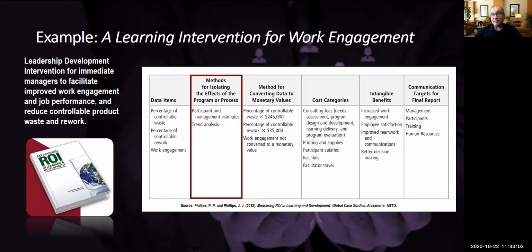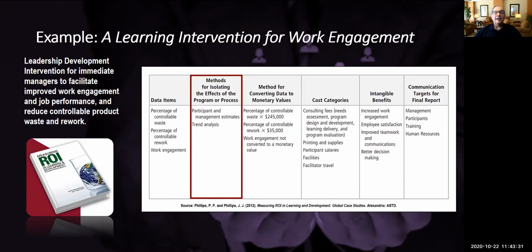Since we're in a class, in a course for this, I'm going to ask you, if you use estimates, to please put those words on there so I know you heard them here. Participant and management estimates corrected for error. It's in the narrative of this report that you read, the case study. I want to see it in your report, and I would like to see it on your ROI analysis or data analysis ROI plan.